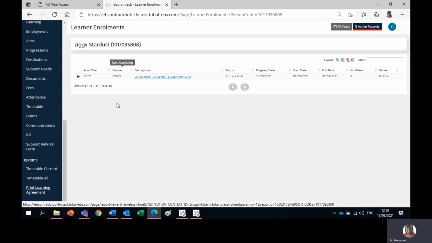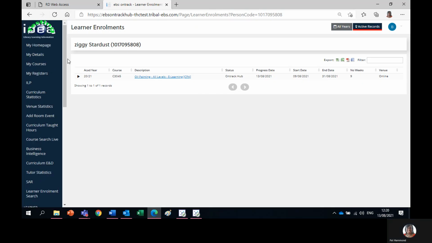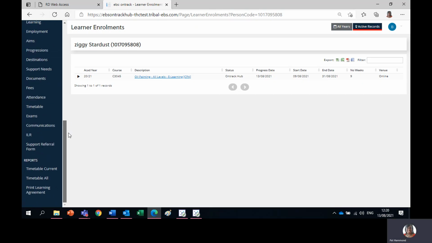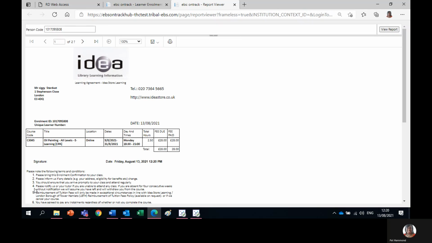to the staff hub, I'm still in this learner's record. The enrolment obviously stays as it was, it has been done. If I refresh the page and now come down to print learning agreement, there you can see we have the correct amount and the learning agreement is ready to print out with the